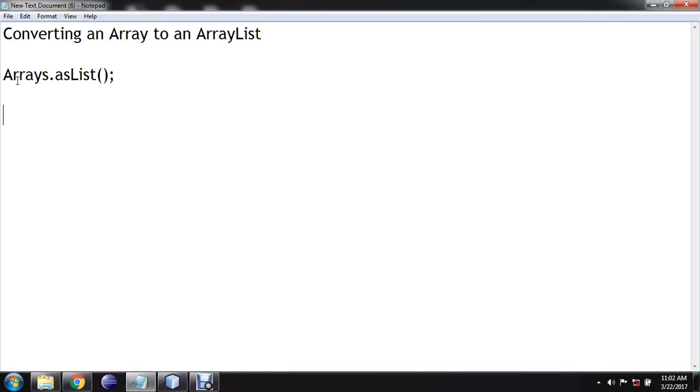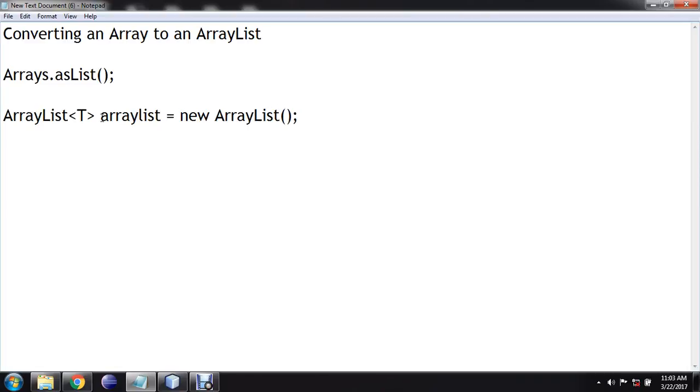So the syntax of this method is, first we will create an instance of array list. Here we can specify the type of our array list, whether it is of type string, int or double. I am passing the name of my array list. Let's say I am declaring an array list equal to new ArrayList.